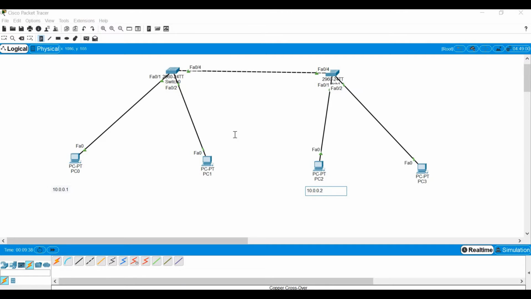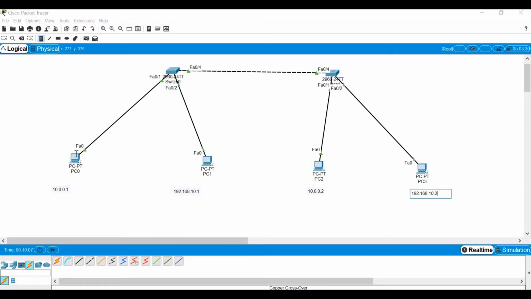Similarly, I'm going to give this PC the address 192.168.10.1, and this PC 192.168.10.2. Okay, fine. So these are the IP addresses.